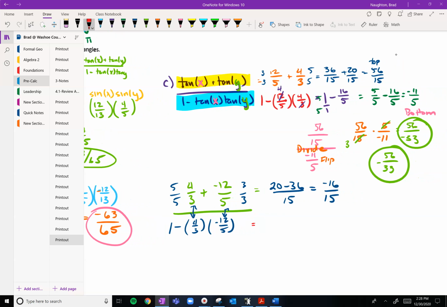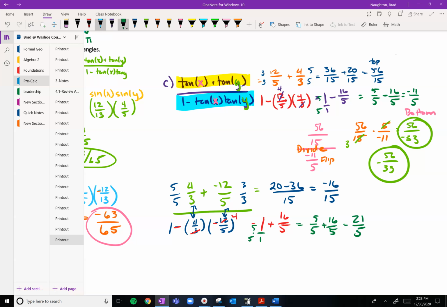So this is going to become 1 minus, let's do some canceling here. 3 goes into 12 4 times. So that's going to be a positive, because a negative and a negative are going to make it a positive. And then I'm going to get 16/5. Now we need to do our common denominator deal. So 5 and 5 there. So this will be 5/5 plus 16/5, which is going to go ahead and become